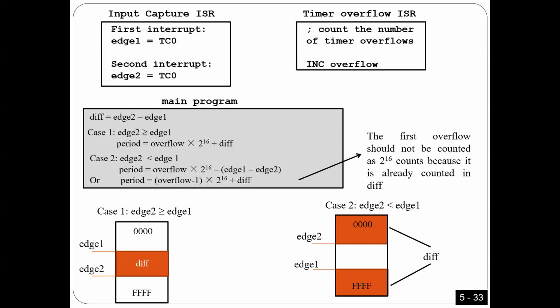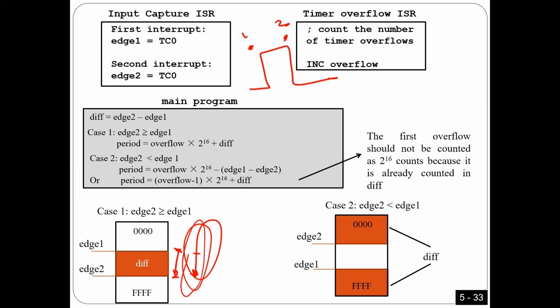Okay. The first case, when H2 means the count in the second, I need 2 counts, right? As I told you, 1 here and 1 here. This is 1, this is 2, right? So here I started here and I ended here. So I moved this way, or maybe I go multiple times and then I come to here. Is that okay? This is 1 case. Another case, I started here, and then I go multiple rounds, but I end here. Is that okay? So 2 cases. 1 case, if the count of H2 is greater than the count of H1. Second case, if H1 is greater than H2.